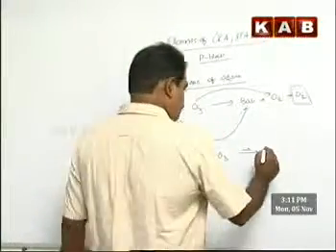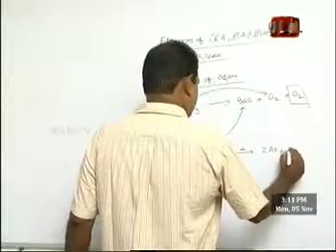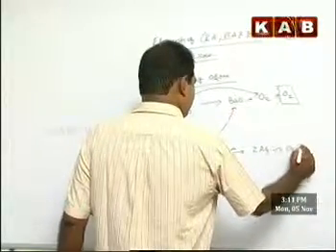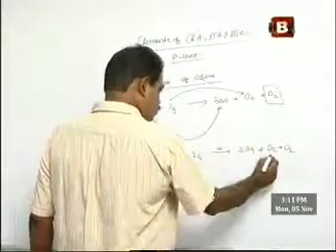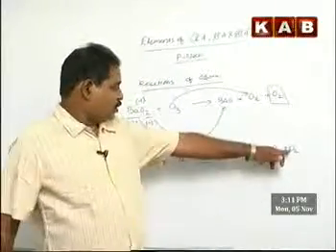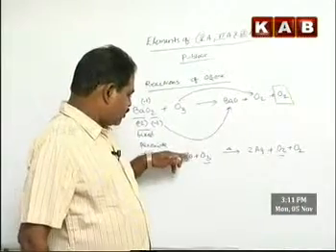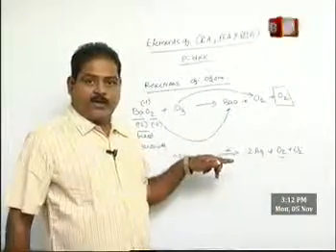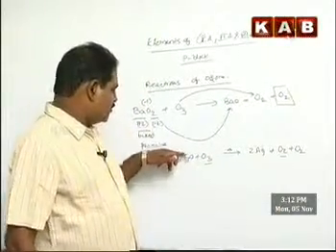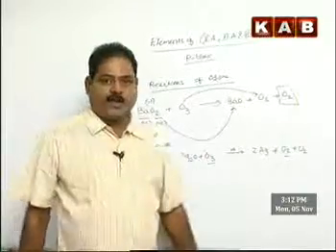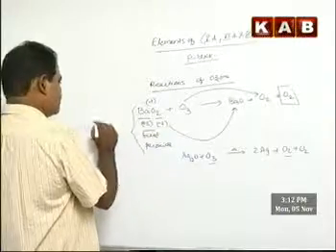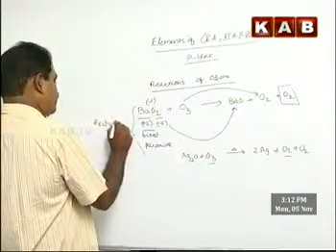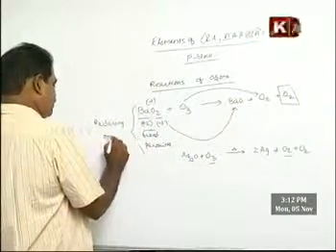So you get 2 silver plus O2 plus O2. Why am I writing the 2 O2 separately? This O2 comes from ozone and the other O2, the last O2 comes from the extra oxygen here and the extra oxygen here. You can't call it extra oxygen, it is a very, very weakly held oxygen. So these are the reduction properties, these two are the reduction properties of ozone, reducing properties. One other